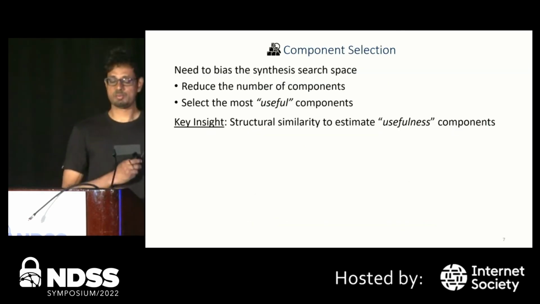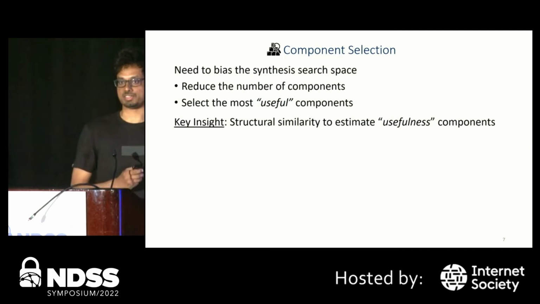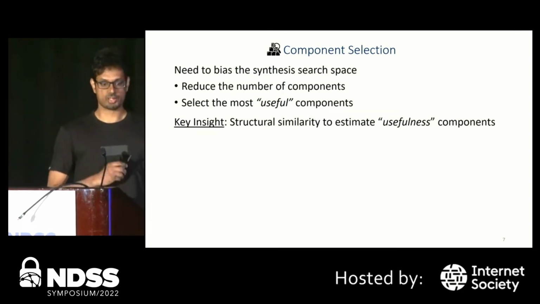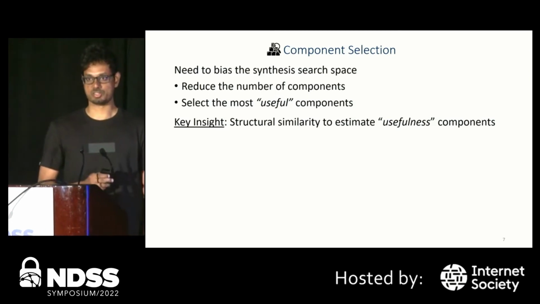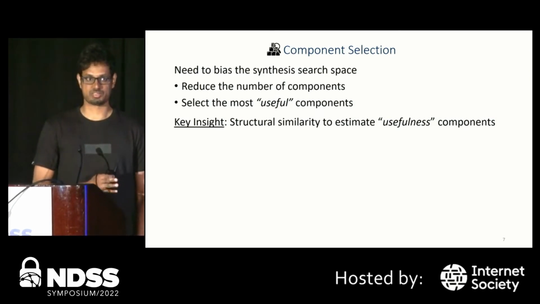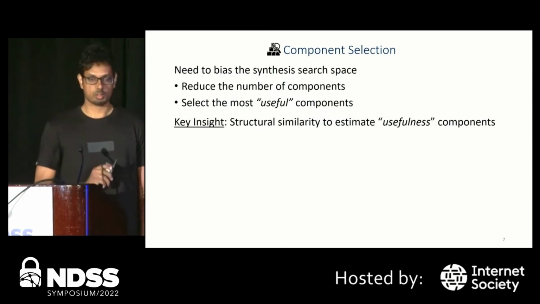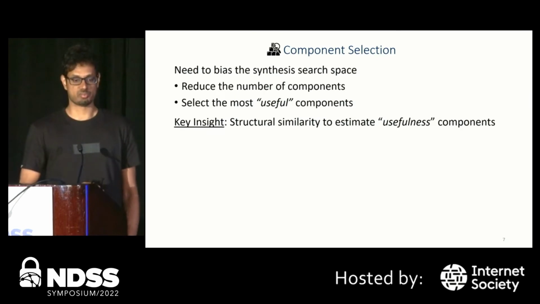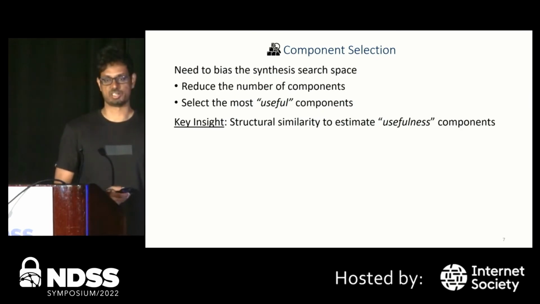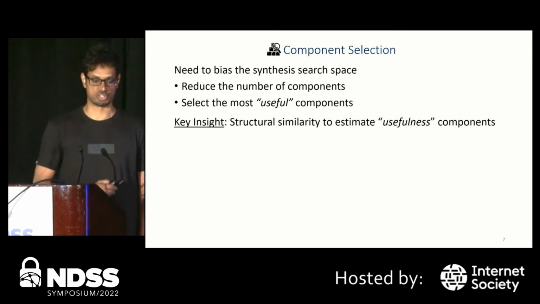Okay, so from our experiment, it was clear that we could not use the entire ISA as a set of components for instructions to synthesize. So to reduce the synthesis time, we need to bias the synthesis search space to some smaller space that is more likely to implement our target unsafe instruction. But we need to be careful when selecting the subset of components, as if we select a bad set of components, we may lose out on potential translations. Or even worse, we may not find any translation that is semantically equivalent to our unsafe instruction.